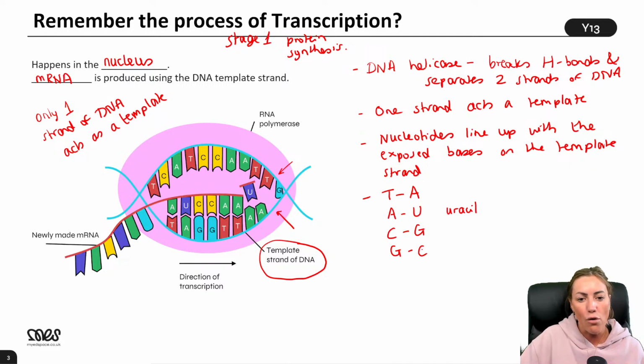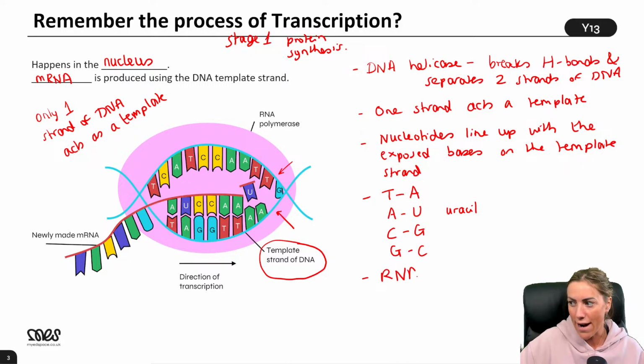But we're about to move on to the second enzyme. Now, a lot of you have already given me the name of this enzyme. Once those nucleotides have moved in and they've followed that complementary base pair rule, we're going to move on to our second enzyme, which is the most important one. This is the one that we have to be able to name. RNA polymerase. Okay, and it's RNA polymerase because we're making RNA.